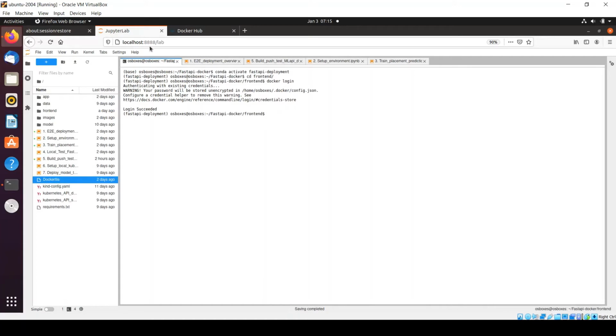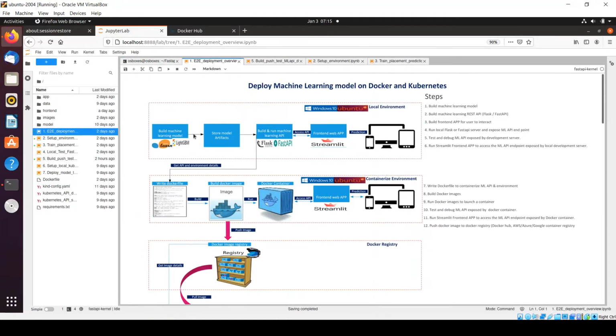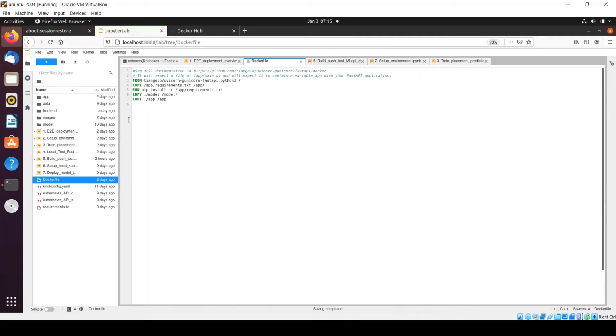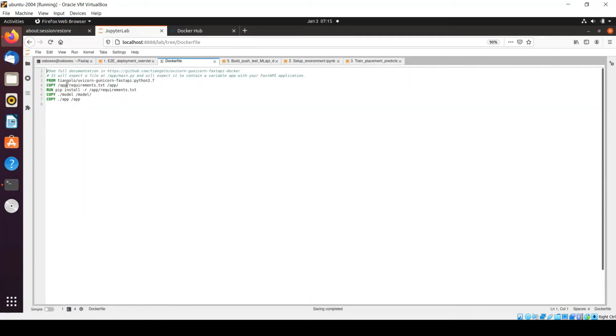As we have seen in this diagram, the first step is to write a Docker file. A Docker file provides a set of instructions required for running any Docker based application. So we'll simply click on this Docker file and try to understand what it means. Here in this file, you can see that it contains 5 different statements.